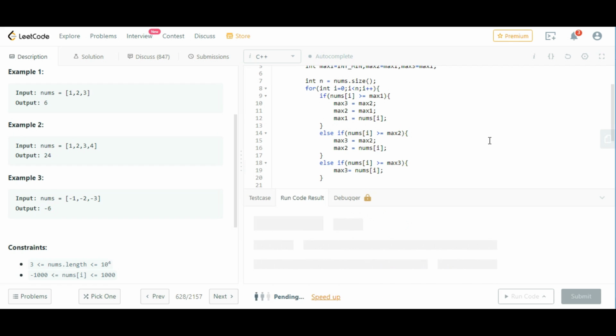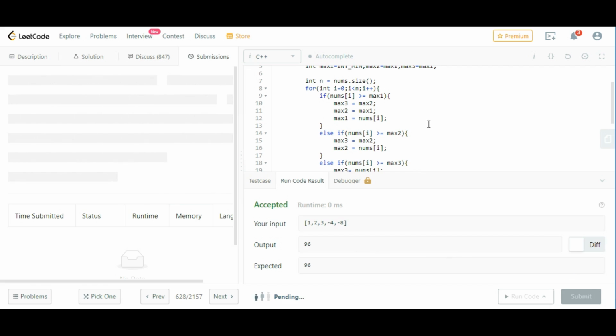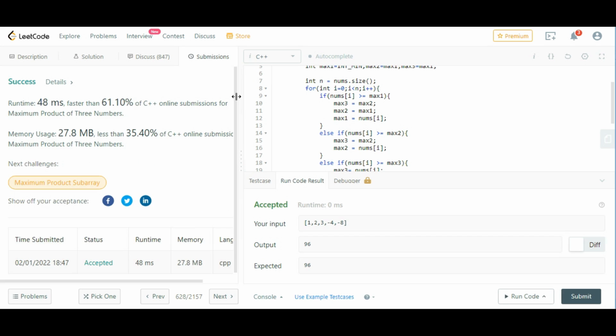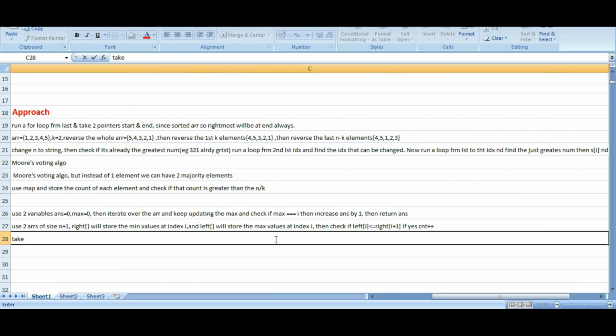Okay, so it's working. Let me submit it. So it's working fine. So now let me write the approach over here. Take 5 variables, max1 equals max2 equals max3 equals int minimum, initialize with int minimum, then